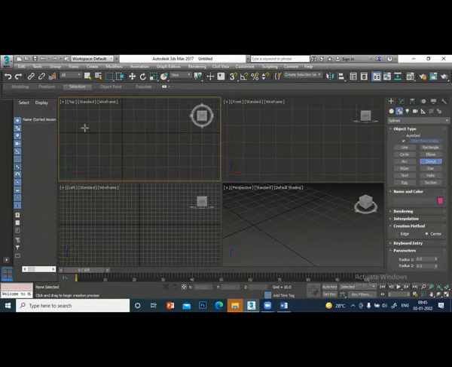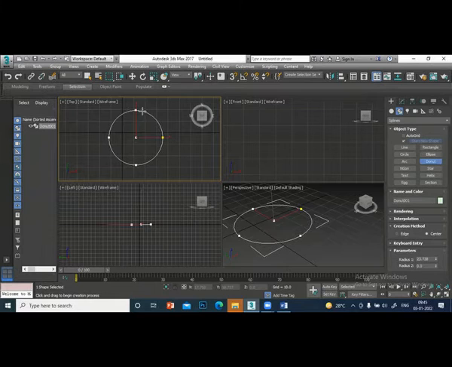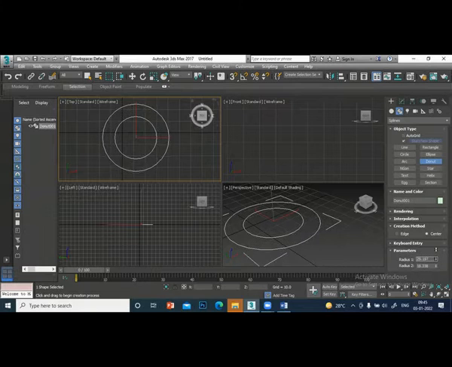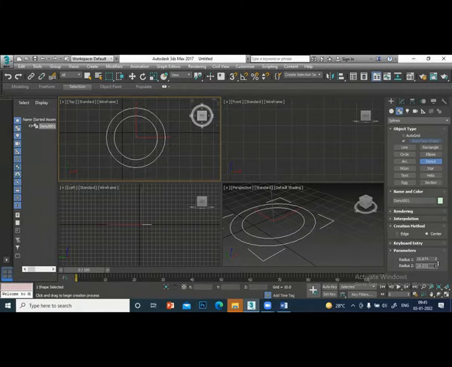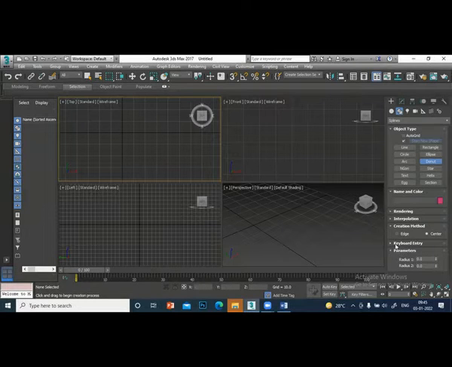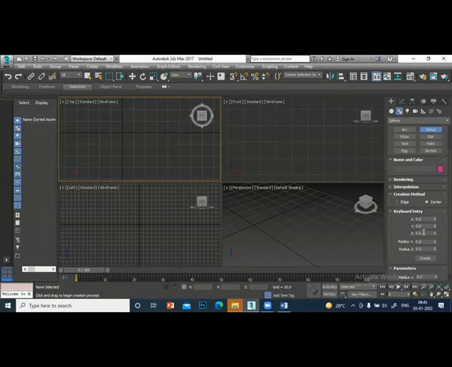Donut. Donut is actually like a tire. Are you listening? First circle, second circle. So this is a donut. You can change the radius from here. All these things you can do using the keyboard. Suppose you want to draw exactly at the center. Go to keyboard entry, X 0, Y 0, Z 0. You give the radius here. First radius say 10, second radius 5. Create. So it creates exactly at the center. Anytime you can use the keyboard entry to get the object exactly at the center. Sometimes you may require that.